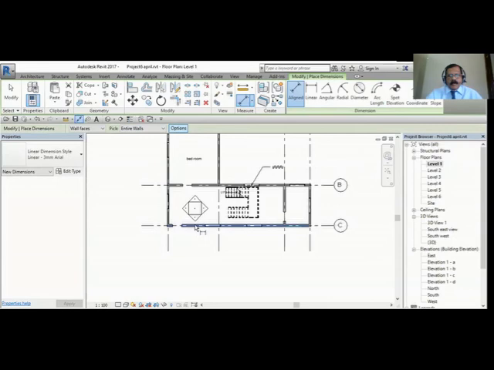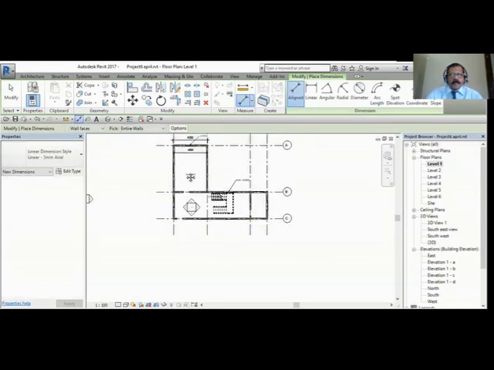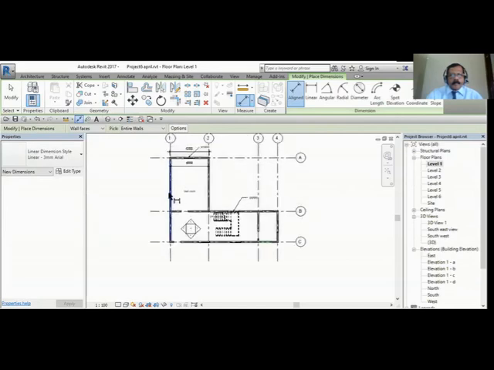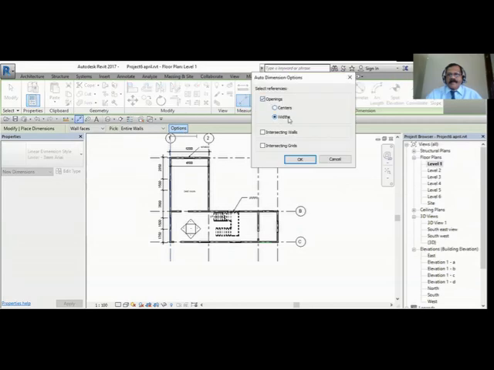So I'll just select the wall and mark. See that? Then it puts the faces, because in the option it is Openings, so the openings also it puts.